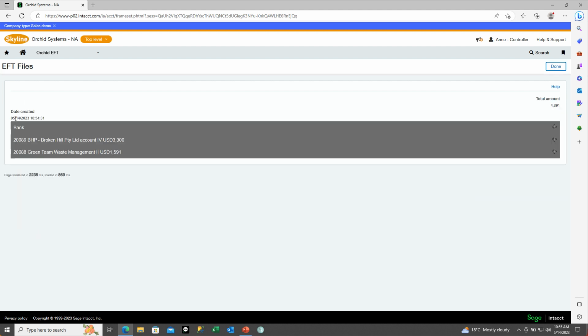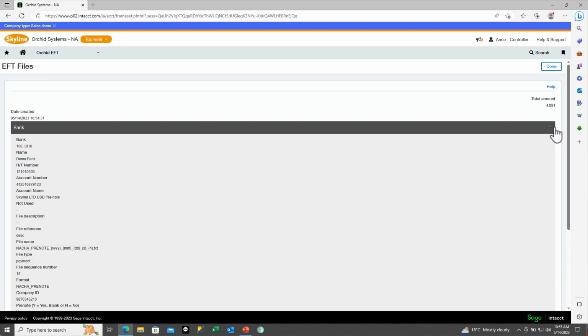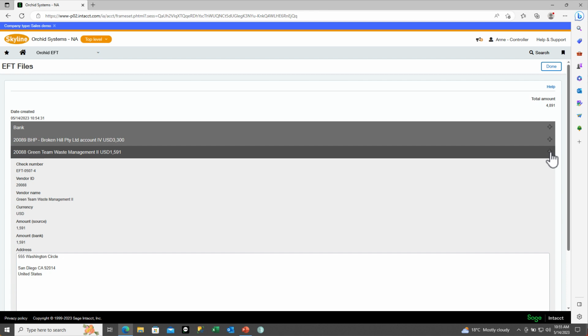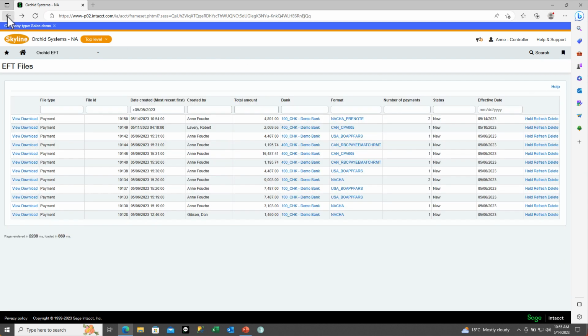And from here we can view the file if we want to see the bank details, the vendor details, and the payment details. And from the EFT file list we can download the file. And when you download the file,